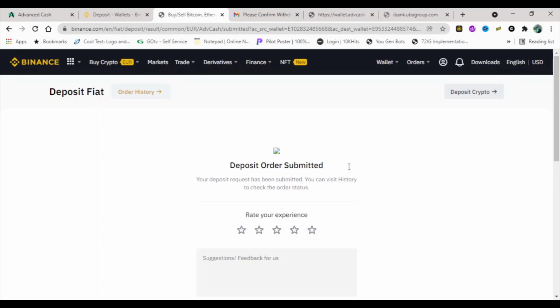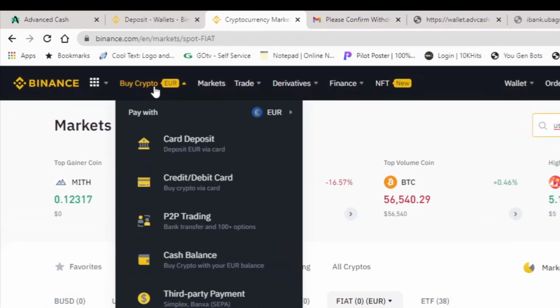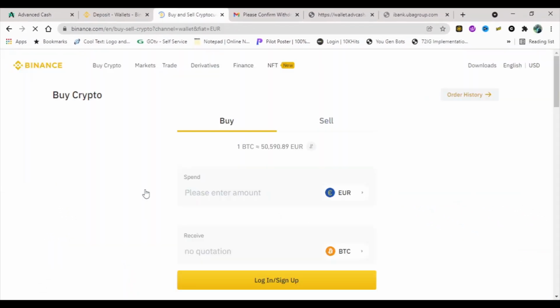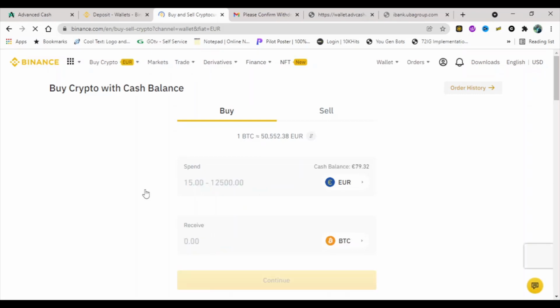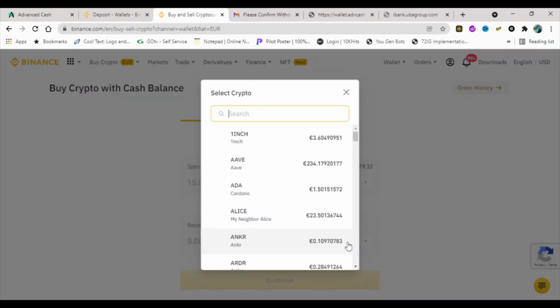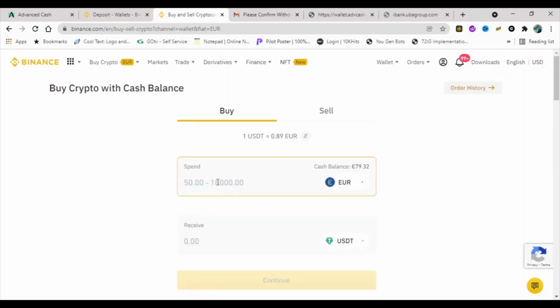Alright, so as you can see, the deposit has now been made. Now go back to buy crypto here. If you click on buy crypto, you see cash balance. Click on it. Once you click on cash balance, you can see the amount that we deposited the other time. Then what you're going to do is choose USDT, click USDT,